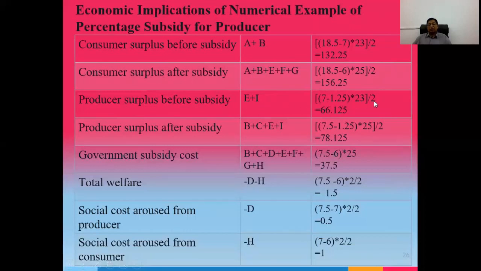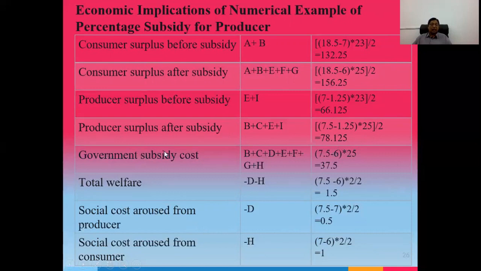It can also be measured numerically. Then you will get 66.125. Then producer surplus after subsidy, that is B, C, E, I. It can also be measured numerically. Then you will get